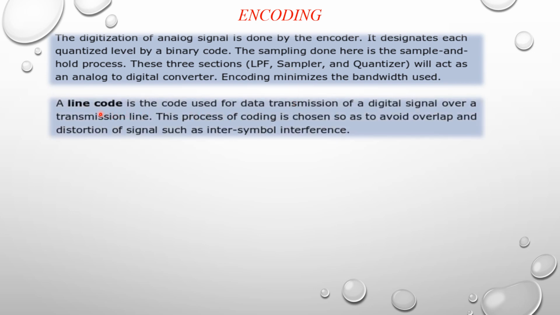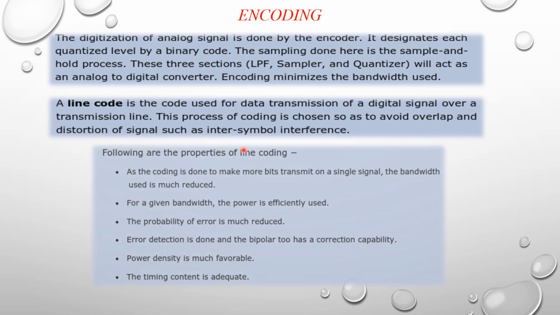So coming to line coding, a line code is the code used for data transmission of a digital signal over a transmission line. This process of coding is chosen so as to avoid overlap and distortion of a signal, such as inter-symbol interference. The main properties of the line codings are: